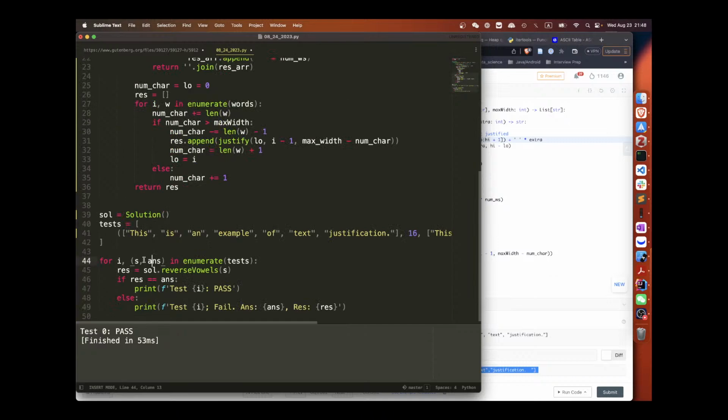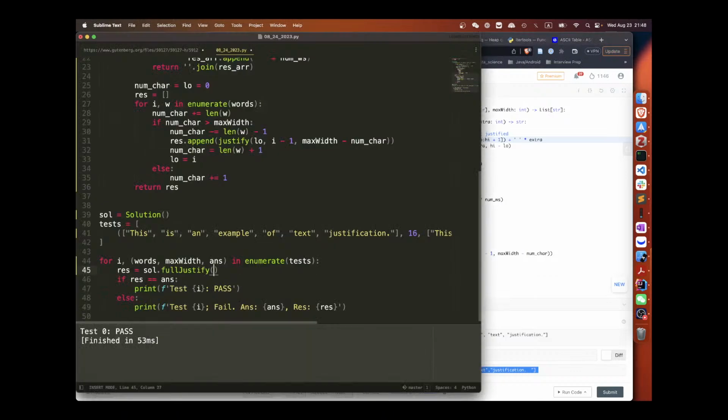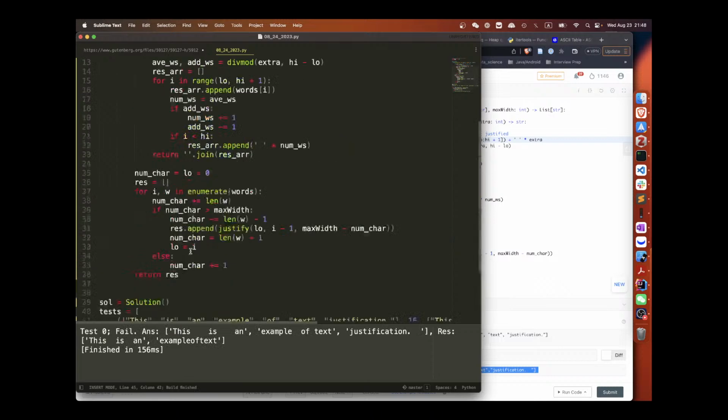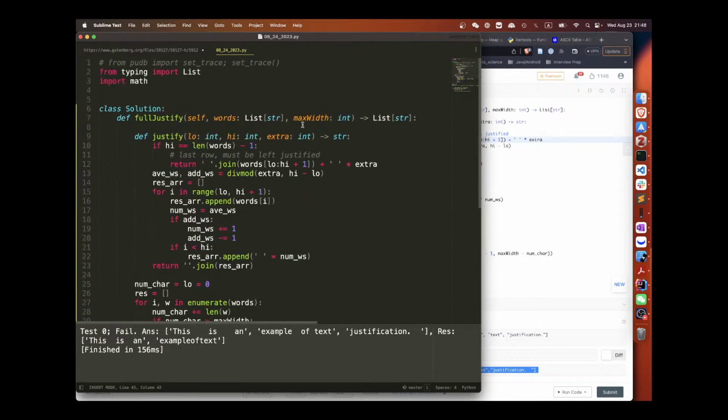Words and max width. Okay. That's not right. There's no such thing as max width; we only have max width. What's this one? Full justify. Okay. Words, max width. No, it's not right. Of course, we already identified it. We can do one by one.